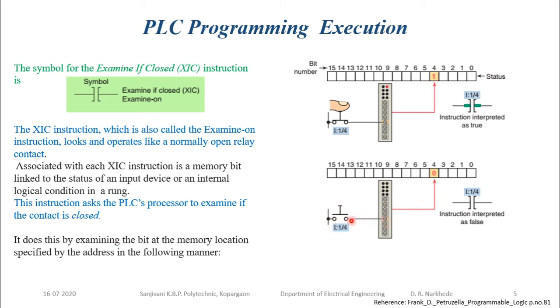In the second case, it is the same setup. I have connected the input device to input 4 of my input module. Now this input device is not activated. It is not pressed, so its value is 0. This is the input image table. The input image table value is going to be updated when that particular device is turned on and off. Here is the syntax of writing the input state in the ladder diagram.